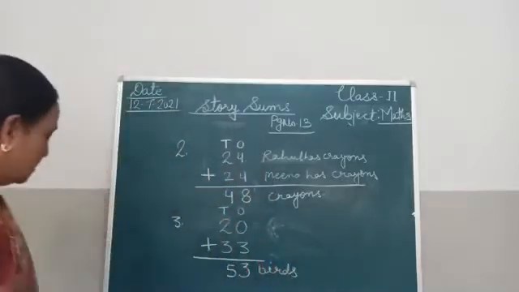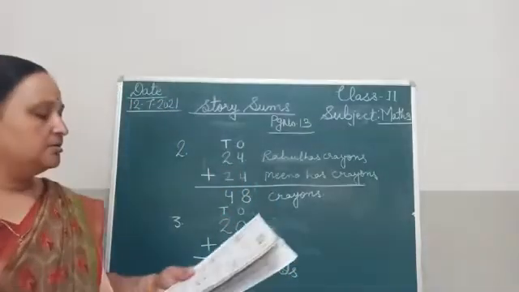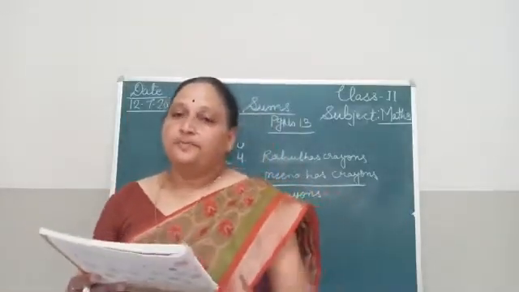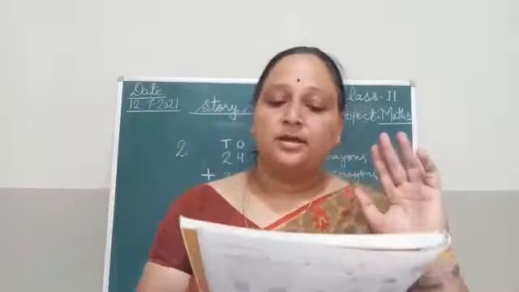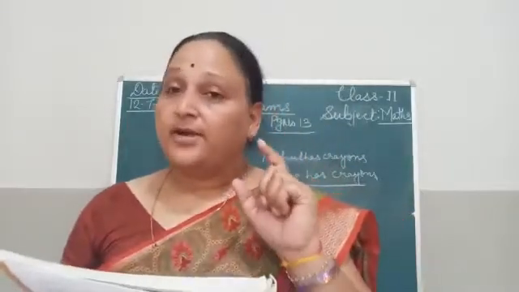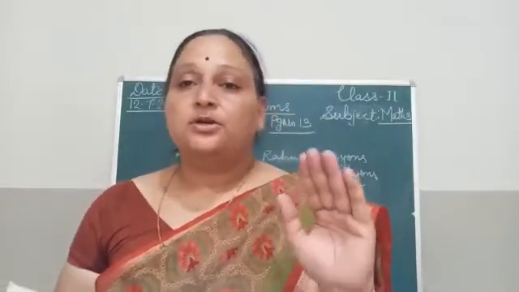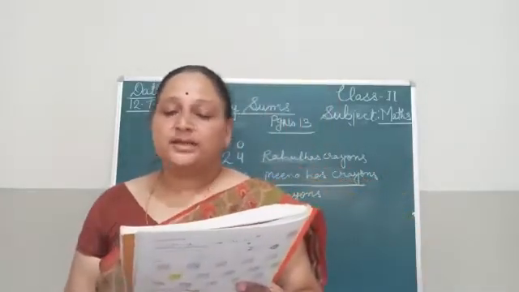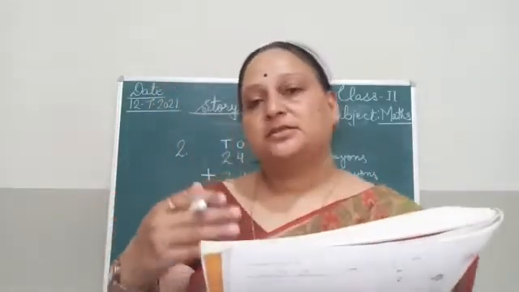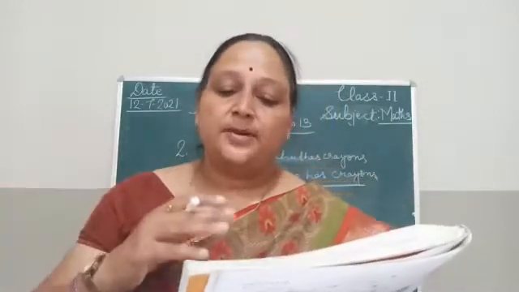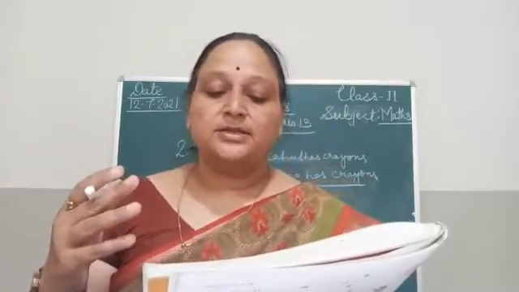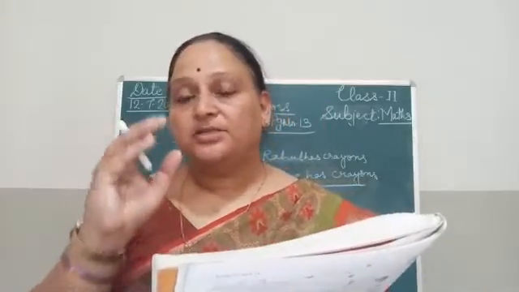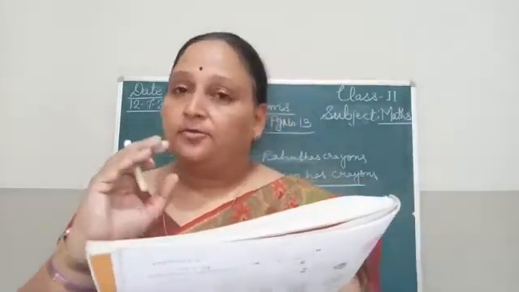So today your homework is story number 4 and 5. I am reading and explaining. Then you will do 4 and 5 as homework in the book only. Do not do it in the copy. Okay. Tanvi has 2 packets of toffees. One packet has 45 toffees. The other packet has 44. How many toffees does she have all together? Again the word comes, all together. It means we have to add the toffees number.